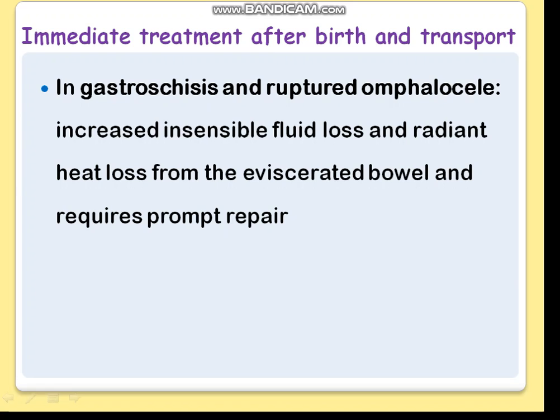Both in gastroschisis and ruptured omphalocele, there is increased insensible fluid loss and radiant heat loss from the eviscerated bowel. Thereby, it requires prompt repair. അതുകൊണ്ട് the child should be treated immediately after